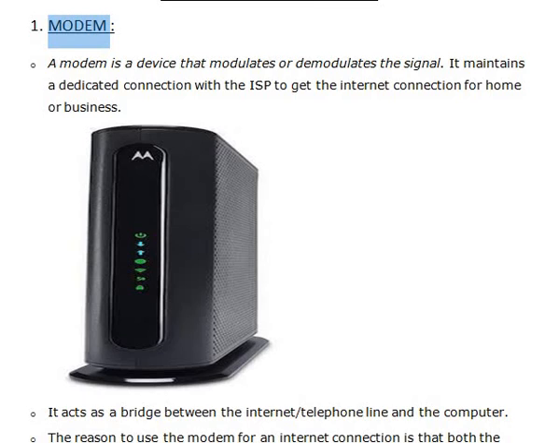So whenever we are sending a signal over a distance, we need to convert the digital data into analog and vice versa at the receiver side. As you know, the digital data cannot be sent over a long distance, so first it is our responsibility to convert the digital signal into analog signal. So the modem is the device which is used to convert analog signal into digital and digital signal into analog signal.